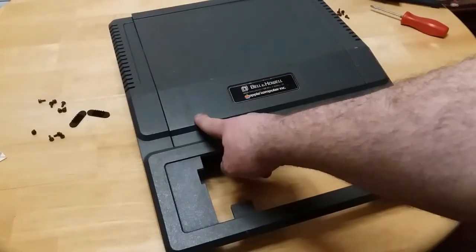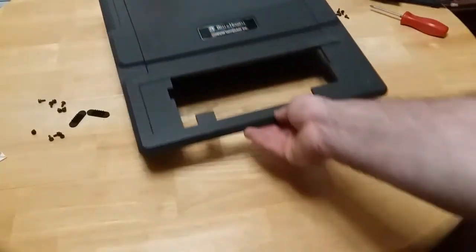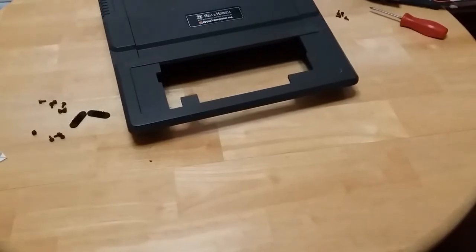See if I can get this 8 gone a little better and get that adhesive residue gone. I'm going to clean the motherboard and get it dusted off, get it cleaned. I might reseat all the ICs. I'm not 100% sure if I want to do that because it is working at this current time. And I'm going to be cleaning the keyboard mechanism and getting that done. So